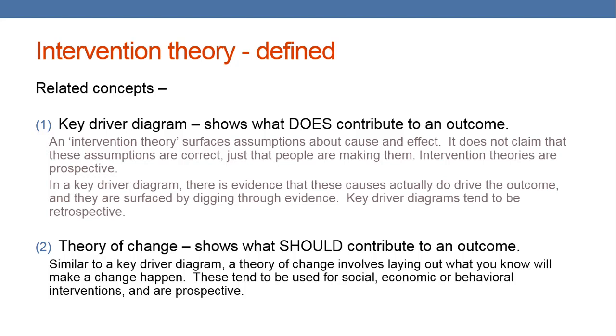These tend to be used for social, economic, or behavioral interventions much more than they're used for clinical treatment type of interventions, unless the intervention is trying to change behavior in your patients. They tend to be very prospective, and they're used probably less frequently in healthcare than the key driver diagram and intervention theory, but they are used, and there are times where you really want to have a good theory of